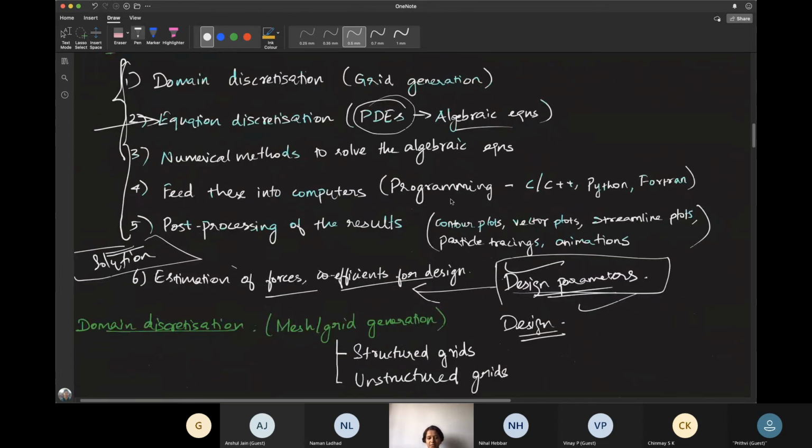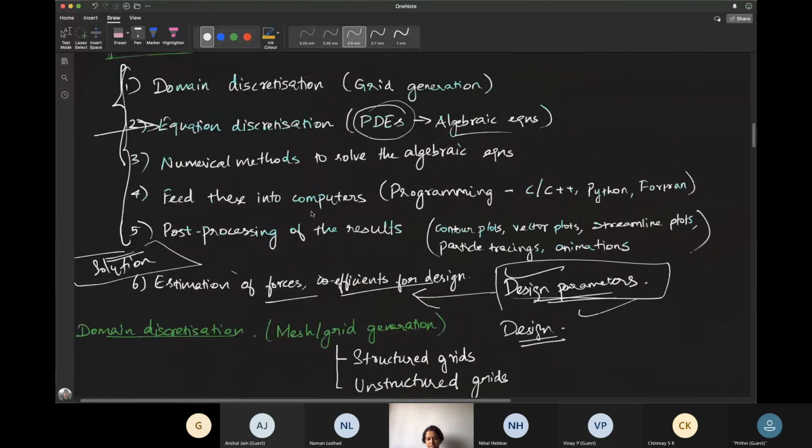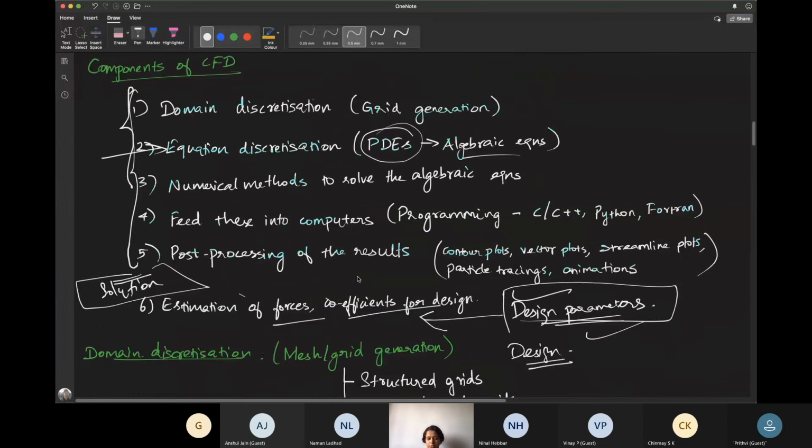The same thing is being done in both theoretical and experimental fluid dynamics as well. To design something, you need to go through all of these processes. That is, you need to see how the solution behaves for some specific design parameters. And then if you're comfortable with that solution, those design parameters that you have chosen are fine, and then you can go on with the further processes. But if your solution is not okay, then you go about changing the design parameters and do the same thing until you get a proper solution. So this is what is done in industries.